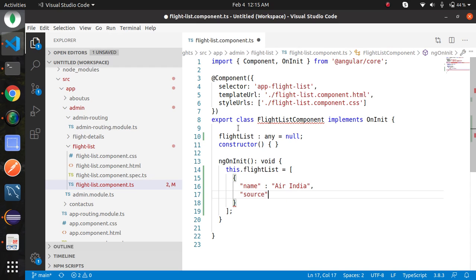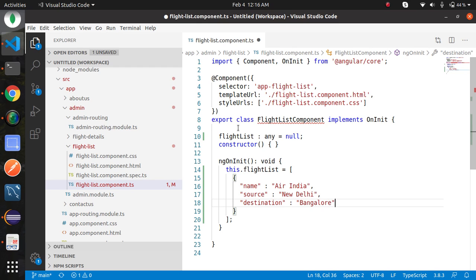Source, New Delhi. Destination, Bangalore. And status, on time.